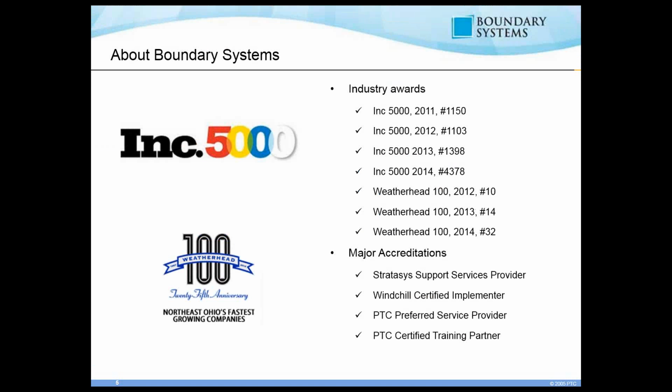But once again, for Boundary Systems as a whole, some of our industry awards, for the Inc. 5000 in 2011, we were 1150. In 2012, we were 1103, then 1398, 2014, 4,378. So as you can see, we've been consistently on that list for quite some time as far as the